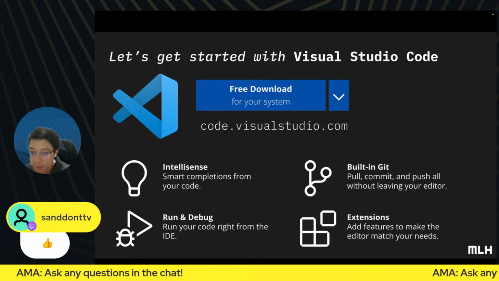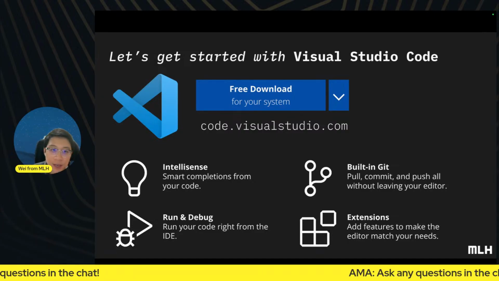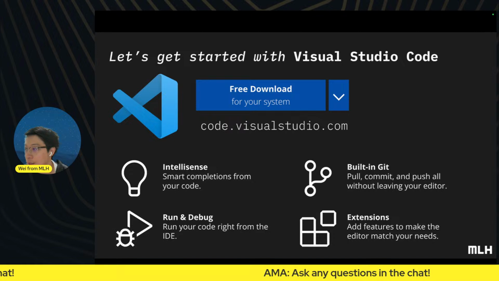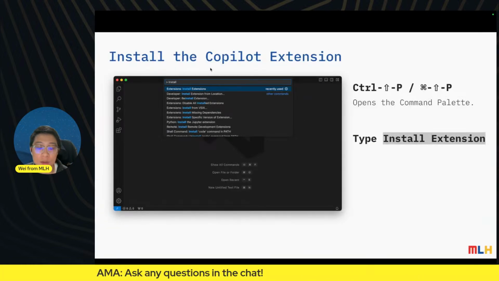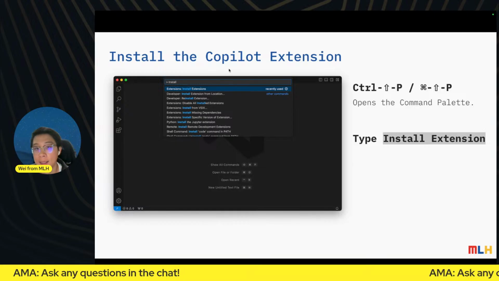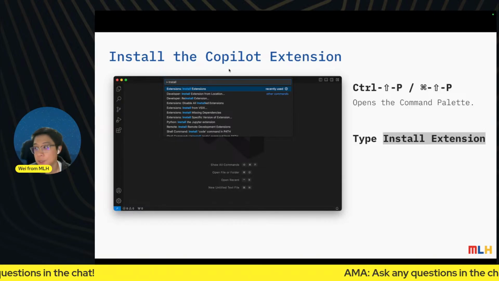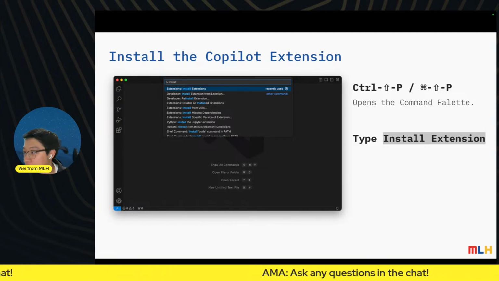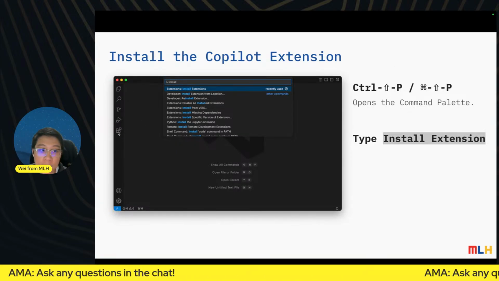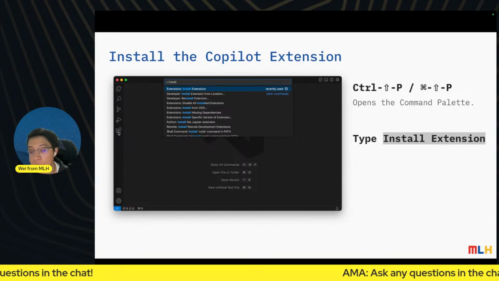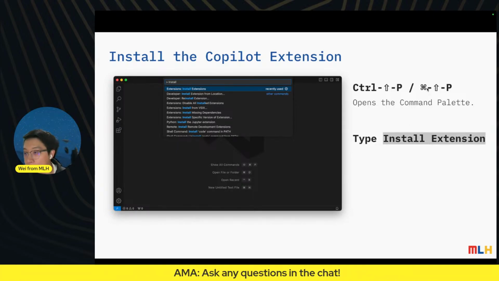Excellent. So now that everybody has VS Code and Python installed, we are going to head over to install the Copilot extension. If you haven't installed it just yet, you can either go to the extensions panel on the left by clicking this icon, or if you don't know what the icons mean, you can always open the command palette.